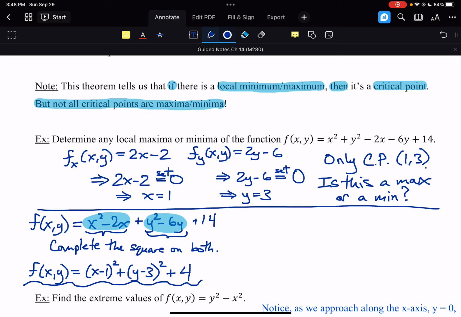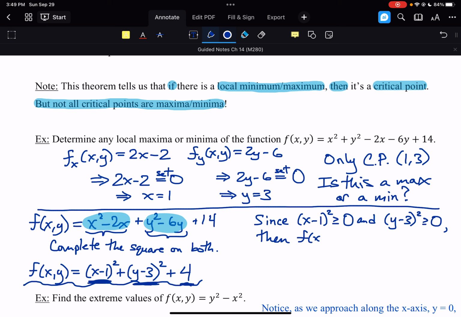Now the question is, is the point (1, 3) a maximum or a minimum? So notice what these terms are here now. For the x terms, we have (x minus 1) squared. For the y's, we have (y minus 3) squared. And then we have the plus 4 out here. So we can say, since (x minus 1) squared will be greater than or equal to 0 always, because it's squared, and (y minus 3) squared will be greater than or equal to 0 for the same reason,